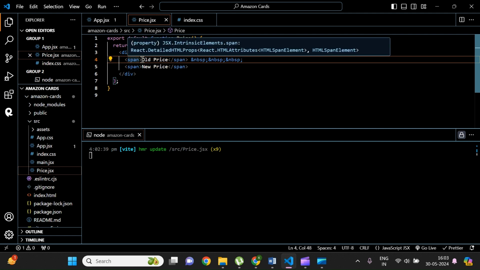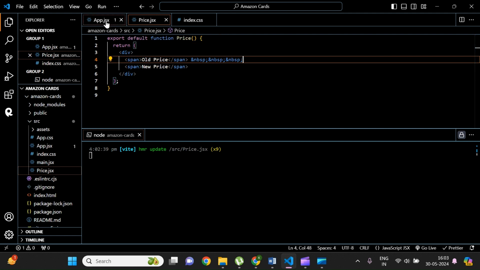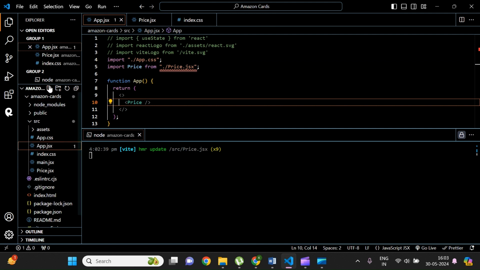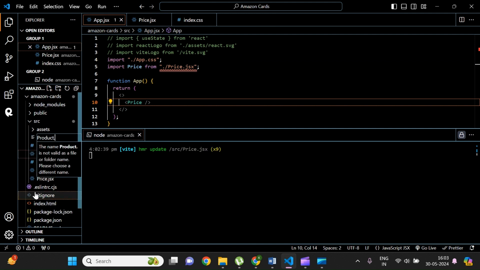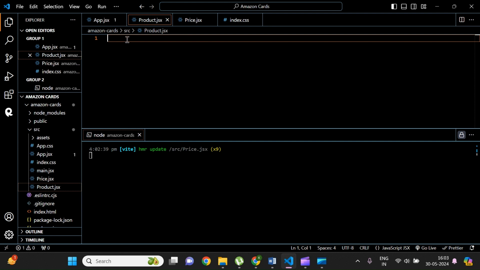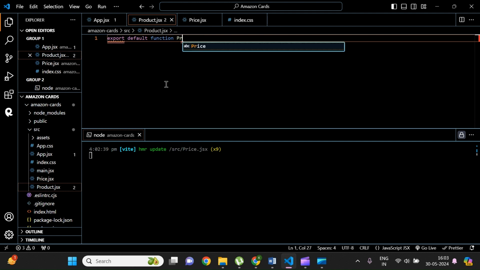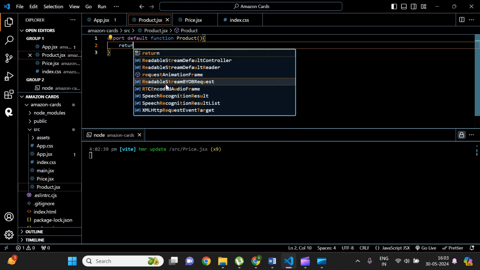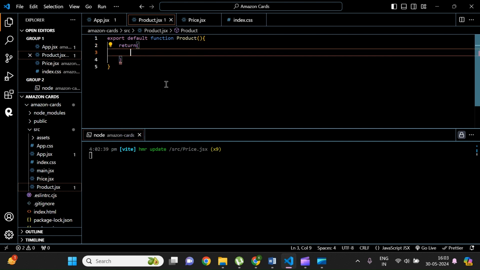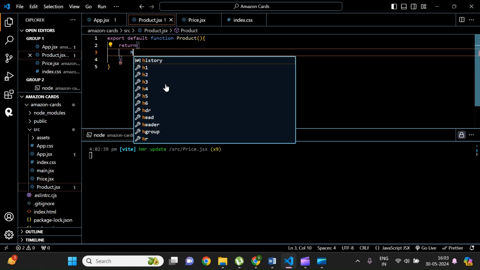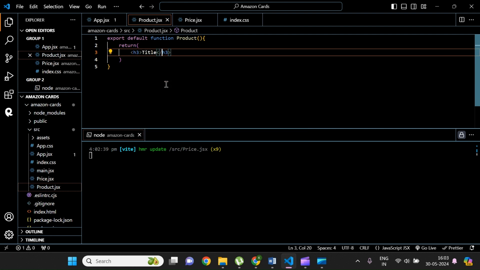Now what we will do is change the prices here dynamically. So what we need to do is create a product.jsx. What product.jsx will do is create the product. So now we are going in the hierarchical form. Product is going to supersede price. Export default function Product, right? Return product. In product, what we are going to have is, in an h3, the title,